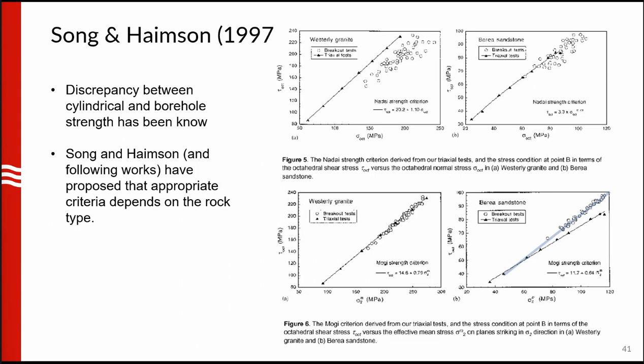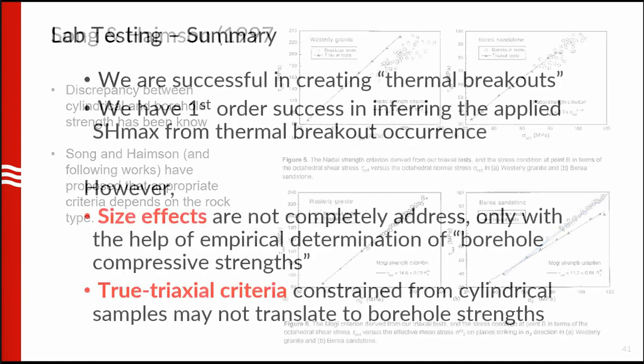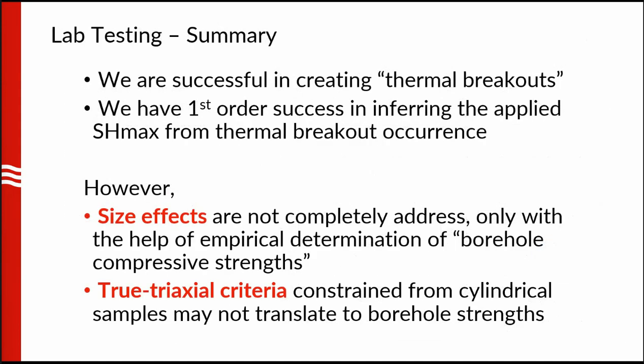We also think that simply this geometrical effect, this discrepancy between the strength of a cylindrical rock and a cylindrical hole, that difference in geometry probably has some influence as well. So that's something we are still working on. To summarize the lab testing, we are somewhat successful. We are successful creating a thermal breakout. I would say in the quantitative sense, we have a first